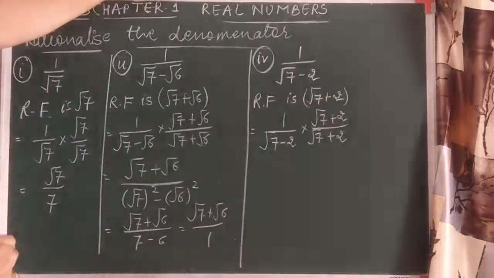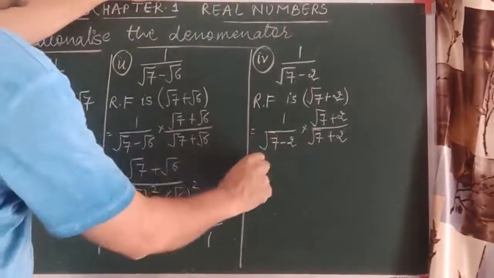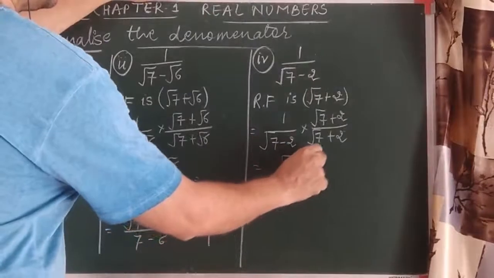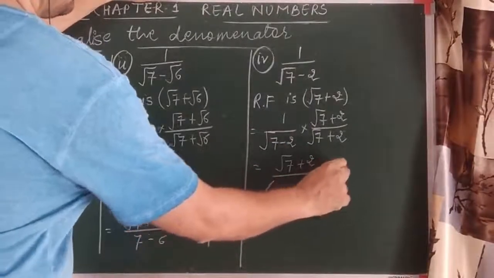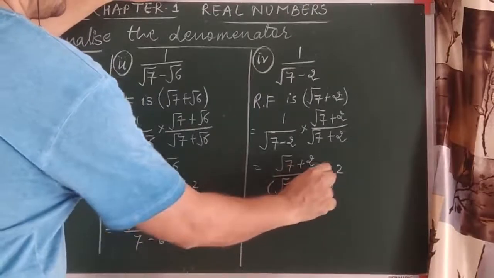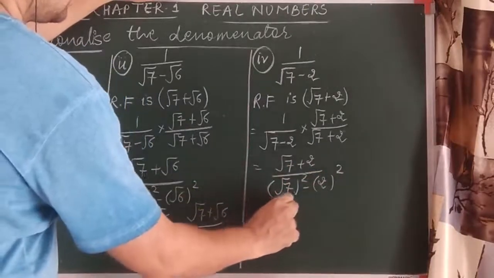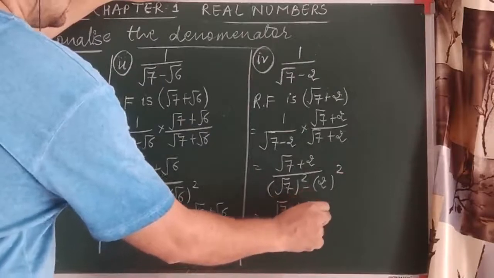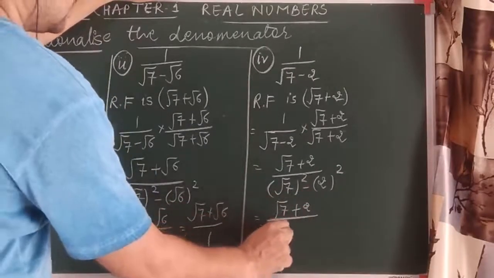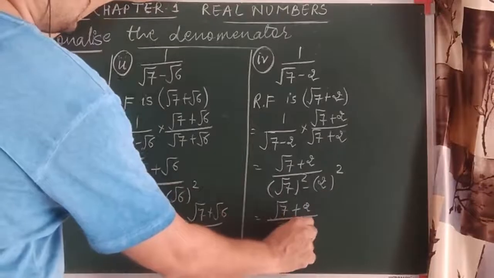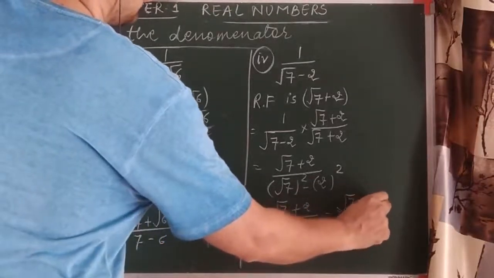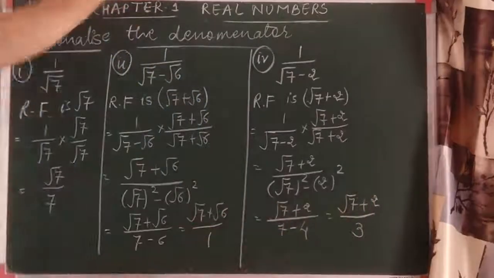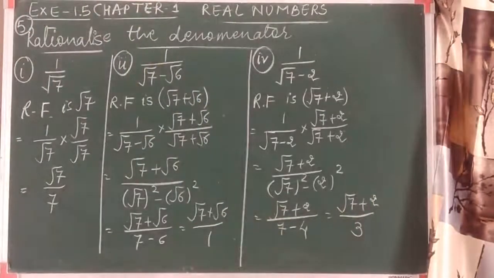Correct. So as it is 1 in the numerator, root 7 plus 2 remains as it is. And the denominator is always in the form of a square minus b square, so it is root 7 and 2. So again root 7 plus 2 remains as it is. The square of root 7 is the number itself and 2 twos are 4. So we can say the answer is root 7 plus 2 upon 7 minus 4, that is 3. So that's how the sum can sometimes come into the 2-mark question. Thank you.